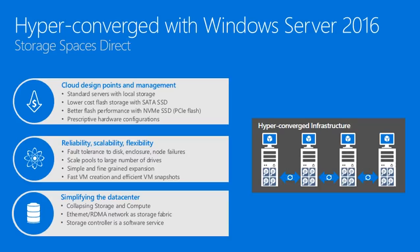or direct attached storage. They can be lower cost flash storage with SATA SSDs, and you can also get better performance with the new flash technologies, NVMe SSDs, which are PCI flash devices that give you better performance and allow you to do that tiering. Now, we're going to have prescriptive hardware configurations, and I'll talk about that in a second. But essentially what this gives you is